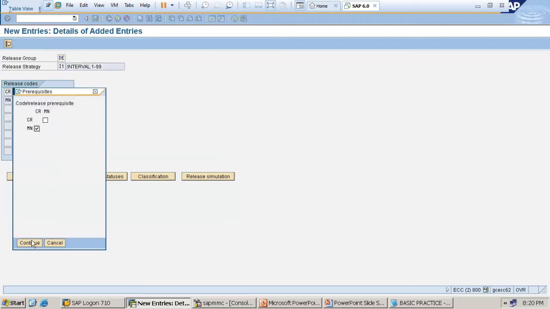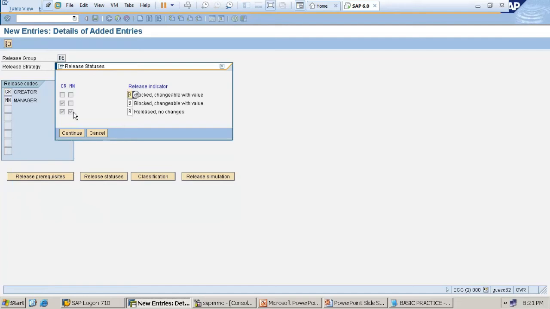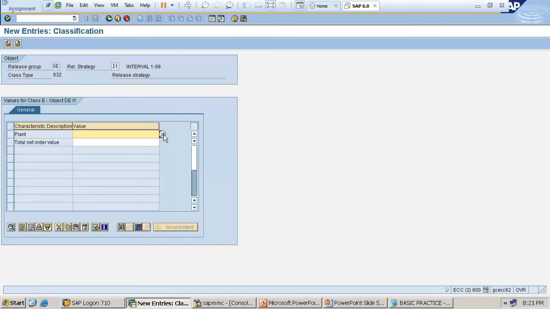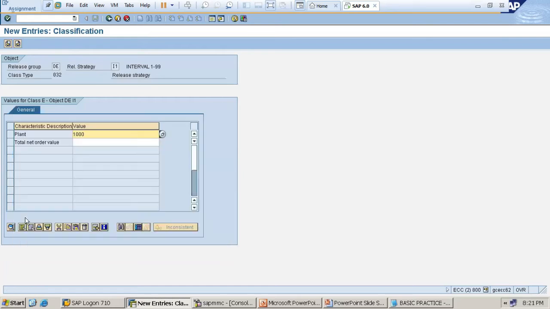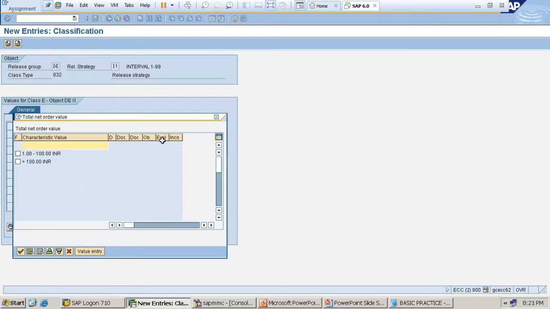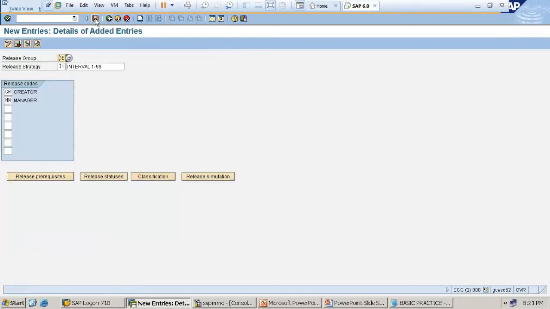Both are approved. Release status: whenever both are approved, then only release. Classification for which plant? 1000 plant. Net order value 1 to 100. Press enter. Come back. Save.